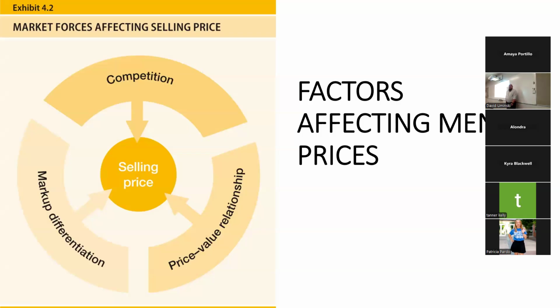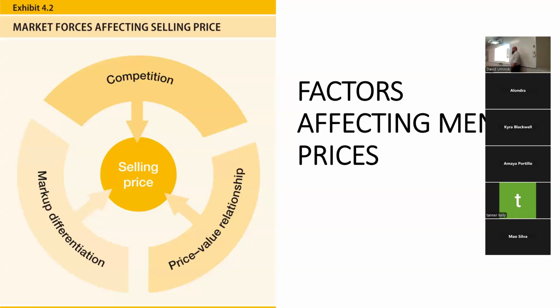So the market is our competition. These are external forces, outside of our company. We really don't have a lot of control over that. We don't have control over what our competition is charging. If we have a chicken sandwich and our competition has a chicken sandwich, we can't call them and say, "Hey, you're only charging $10 and I want to charge 12. I need you to charge 12, so we're charging the same." Can you do that? No, right? They're your competition. They're going to charge whatever they want to charge.